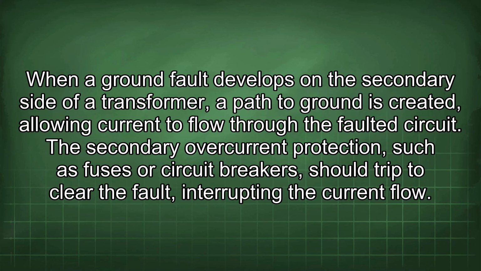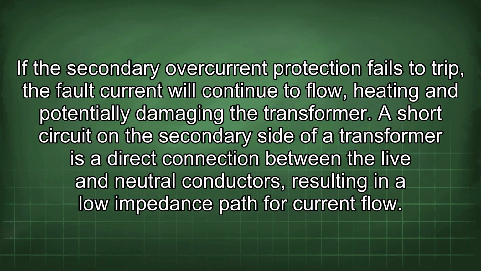When a ground fault develops in the secondary side of a transformer, a path to ground is created, allowing current to flow through the faulted circuit. The secondary overcurrent protection, such as fuses or circuit breakers, should trip to clear the fault, interrupting the current flow. If the secondary overcurrent protection fails to trip, the fault current will continue to flow, heating and potentially damaging the